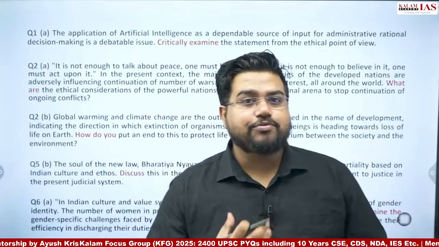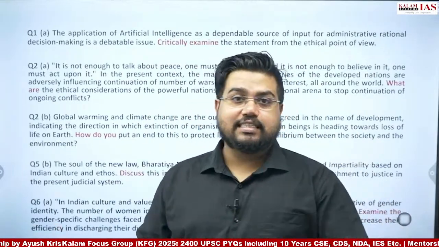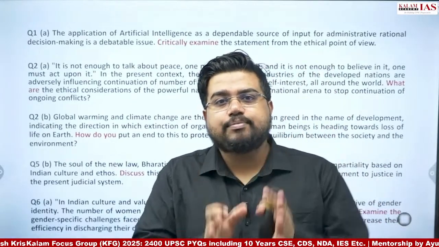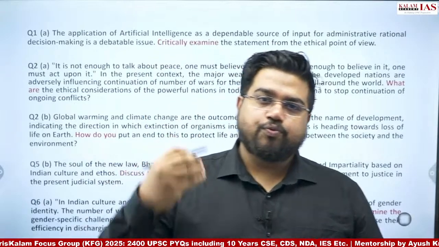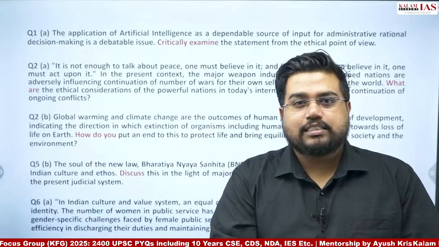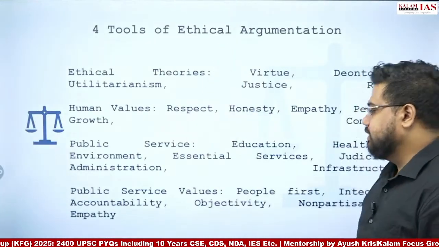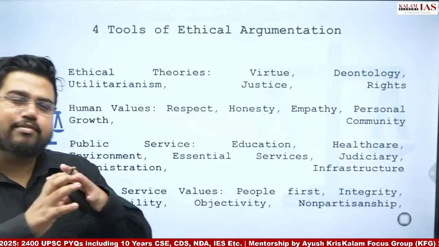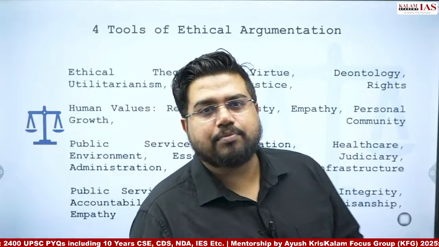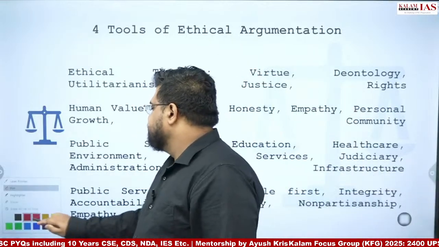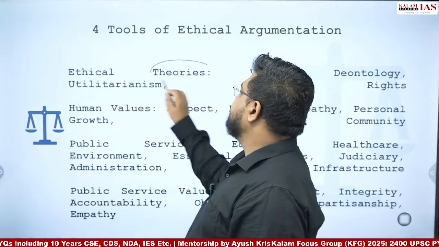I know I'm confusing you a little bit. Ethical dimensions, ethical theories, ethical values. What exactly are these? We need a basic understanding of what we actually mean when we speak of ethical dimensions, ethical aspects. We actually mean these 4 components. Whenever we speak of ethical values, or say you have to ethically consider something, what does it mean? It means you have to try to apply different ethical frameworks or ethical theories to it.